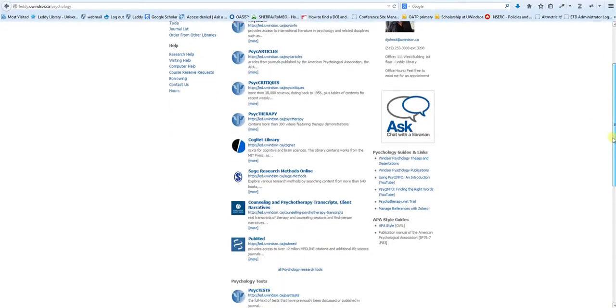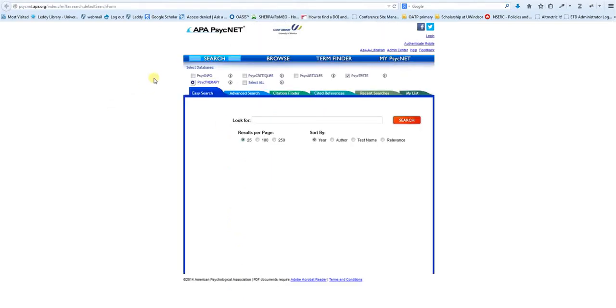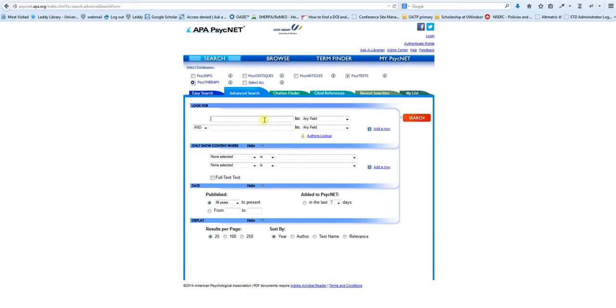And if you scroll down through our list of resources, we do have a couple of databases related to tests, so Psych Tests and Mental Measurements. If I click on Psych Tests and do an advanced search, I can either enter the name of a specific test I might be interested in here, or I could just search for tests on a topic. So if I'm interested in anything related to autism spectrum disorders in this case, I can search for that, but